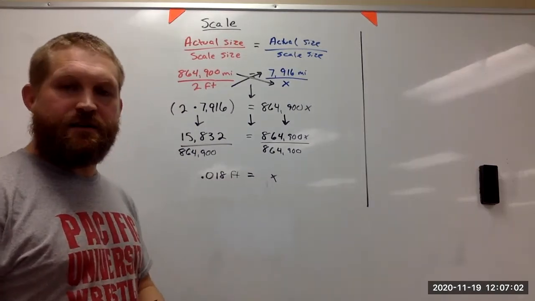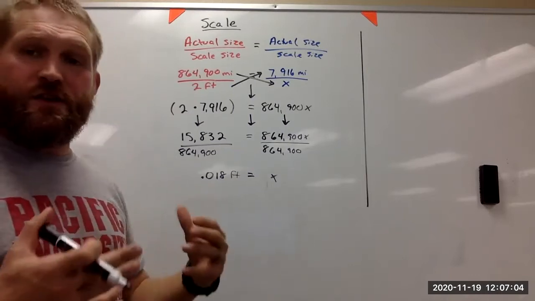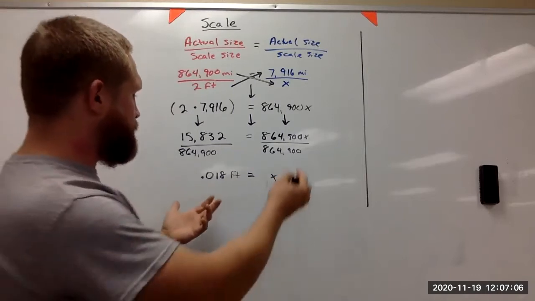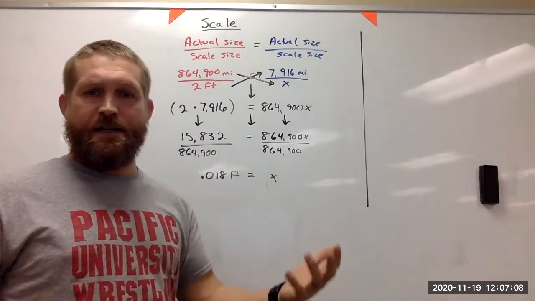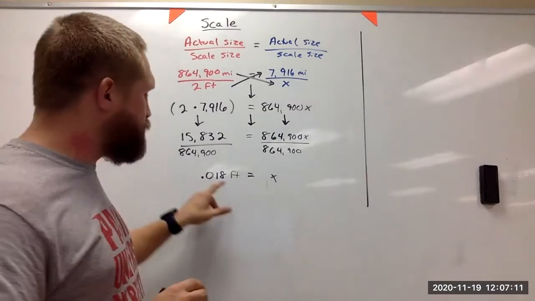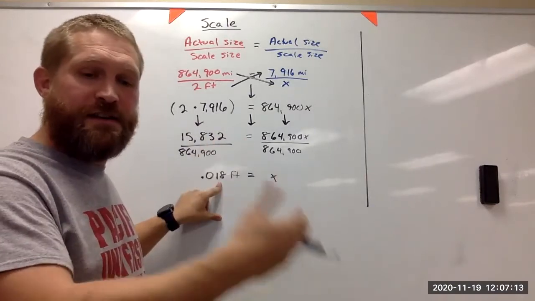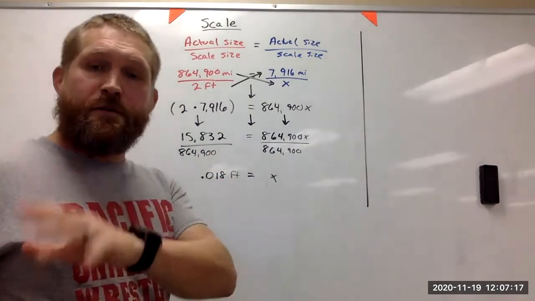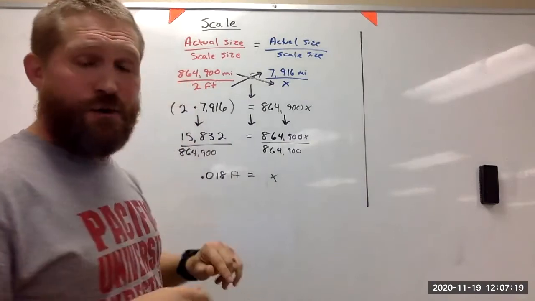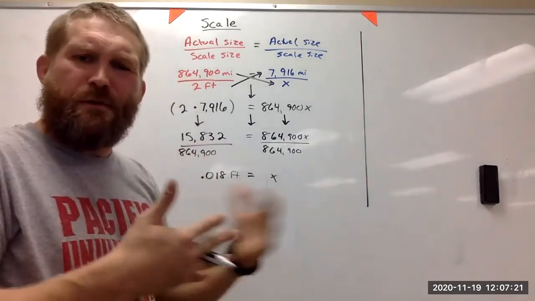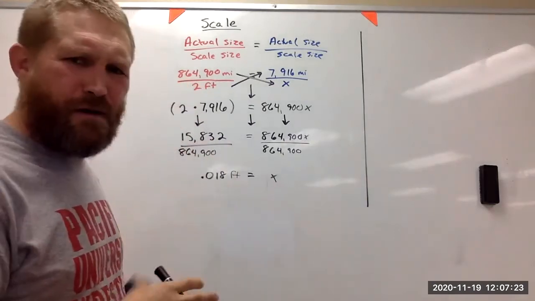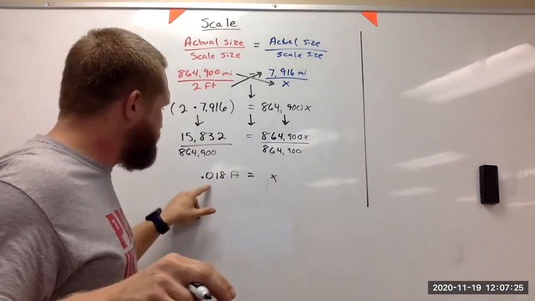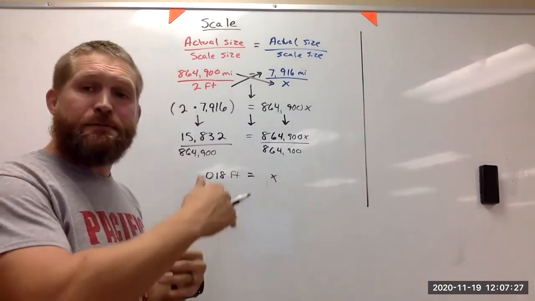Okay, the easiest thing to do here is turn this into inches, because that's tough for me to visualize what a 0.018 foot is. I can just multiply this by 12, because I know there are 12 inches in each foot. So if I do this, and again, this is to convert from feet to inches, and you might not always want to do this, but right now we do because this is such a weird number. Okay, I'm going to take this 0.018 feet and I'm going to multiply by 12